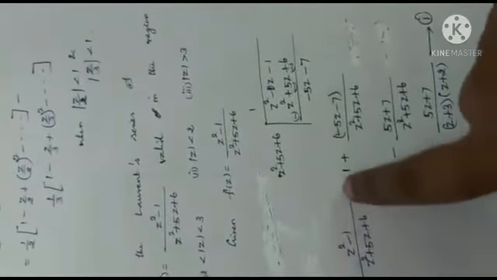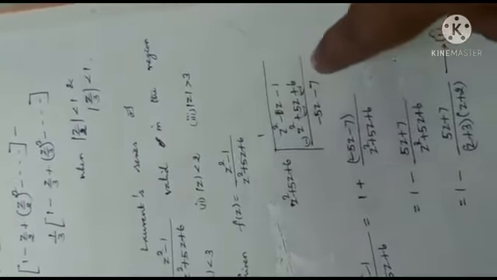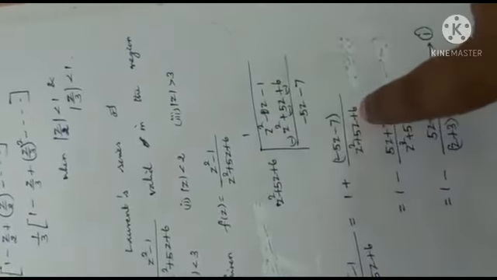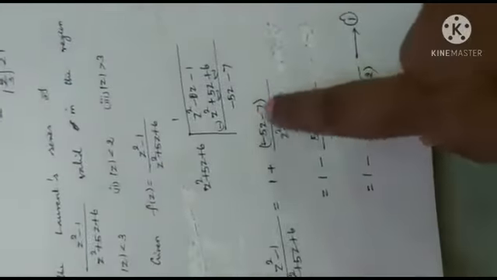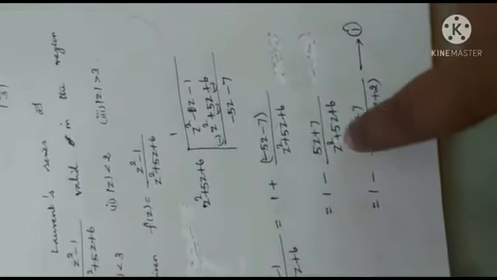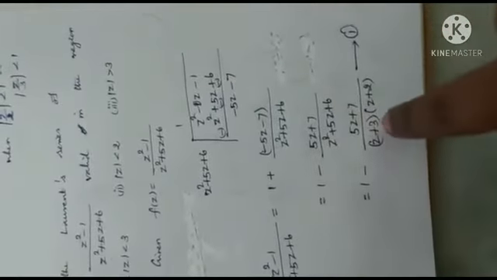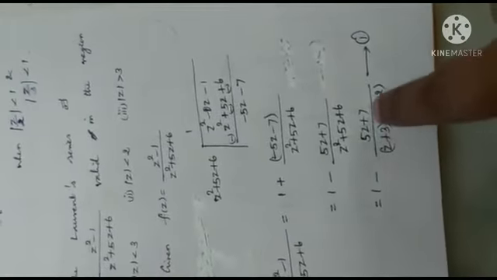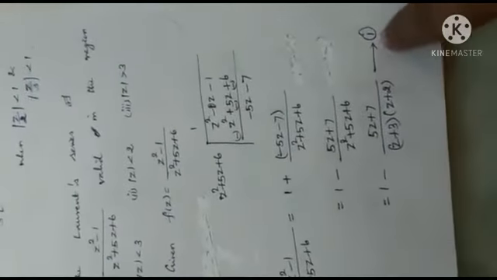So the given function can be written as quotient plus remainder by divisor. Take LCM and check, you will meet this term. Now taking minus sign common, this is our term. Now the degree of numerator is less than the degree of denominator, so partial fraction can be applied. This is z plus 3 into z plus 2, linear factors. The degree of denominator is 2, the degree of numerator is 1, so partial fraction can be used. Let us mark it as 1.